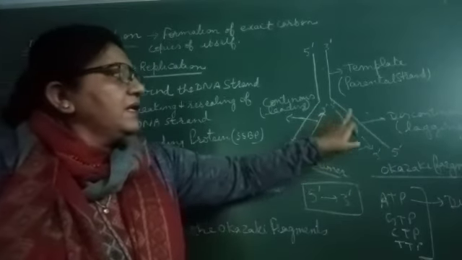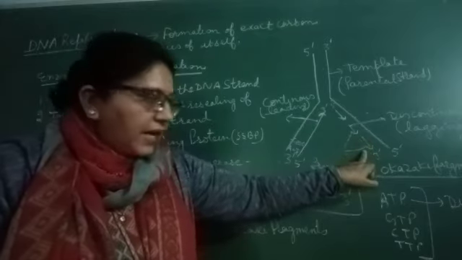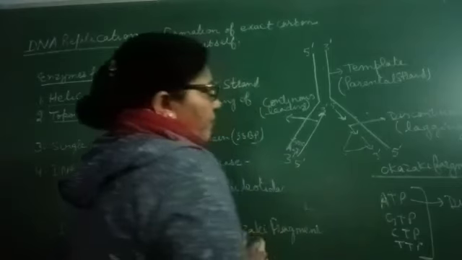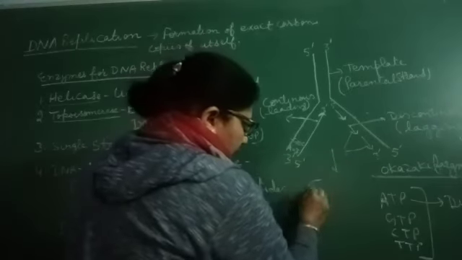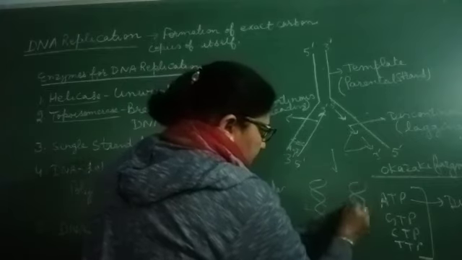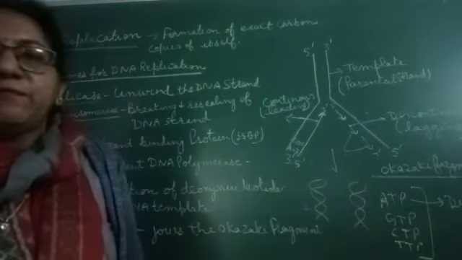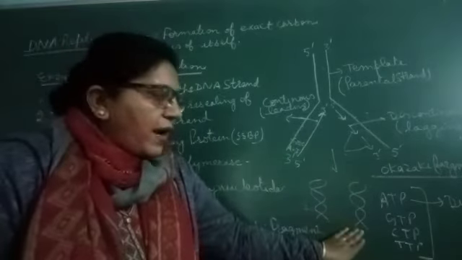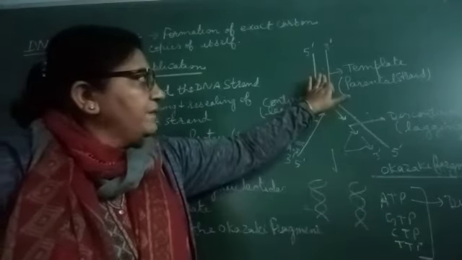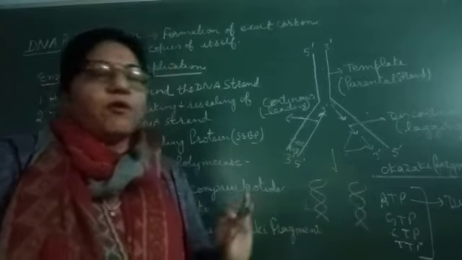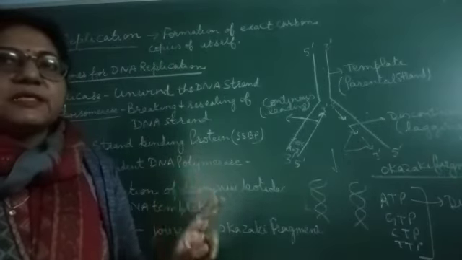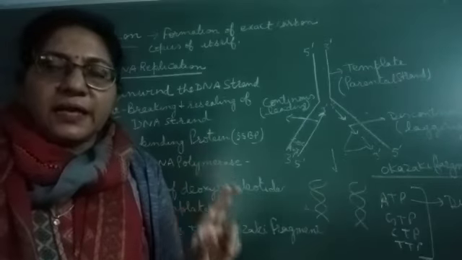Now they join to form again the continuous strand, and then they separate from the parent strand, and two copies of DNA same as the parent are formed, and they coil again. They form the complementary with each other. So from one parent you will get the exact copies of two daughter DNAs. This process is known as replication.